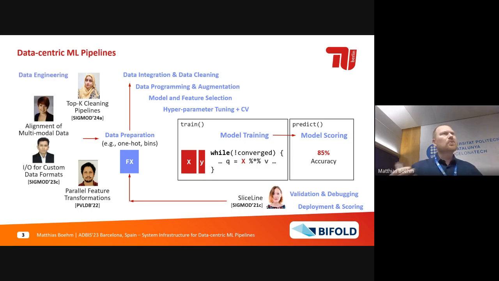Some of you might come from a core data management perspective, something that we nowadays call data engineering in the context of ML pipelines. How do we get heterogeneous structured data into a form that we can train machine learning models over? Aspects that are really relevant are, first, data extraction. We recently had some work on how we can take custom data formats, get hundreds of examples, and automatically generate efficient extractors and readers from those heterogeneous, very custom data formats, as well as